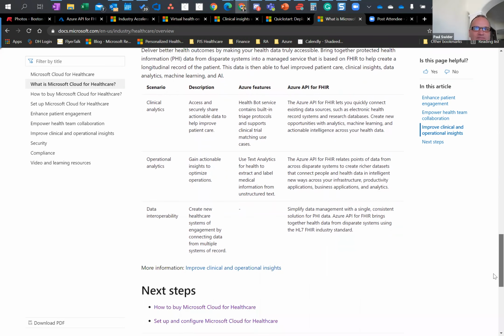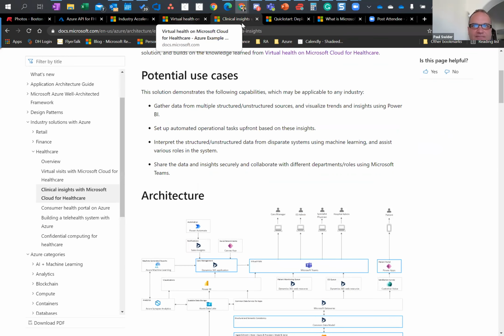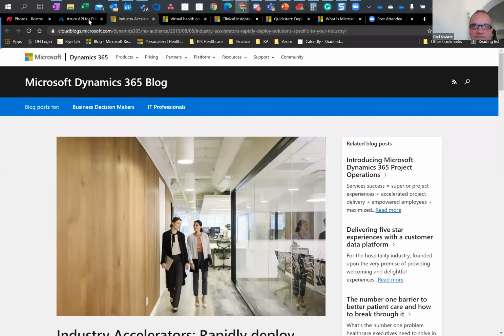Okay, so then of course there's operational insight stuff. And again, all these links are in the PowerPoint deck. Remember the GitHub repository as well. And remember, the birth of this started as an industry accelerator project. I think that's key, because if you go back and look at that GitHub repo, and now you understand that it's built on top of Dynamics, that's how this all started. And then of course, there's the Azure components. And by the way, we extend Dynamics to the healthcare organization, and the primary platform that we use to build and customize